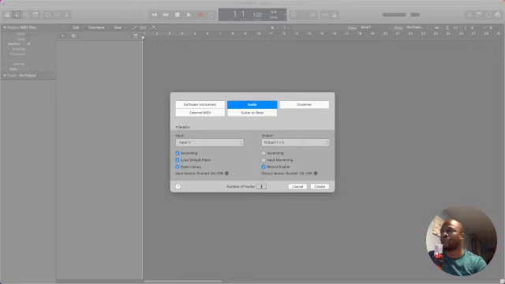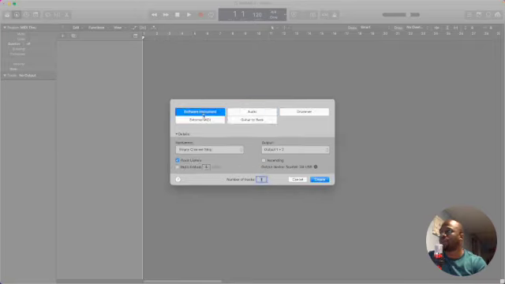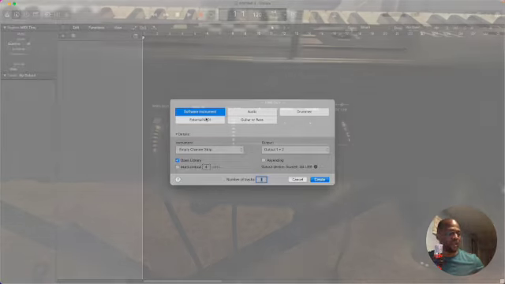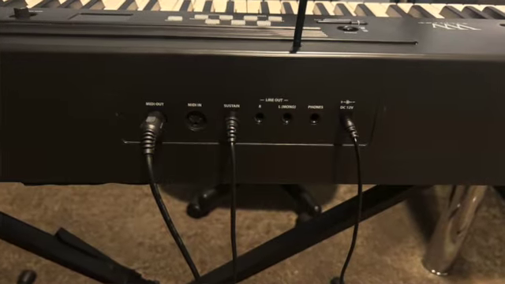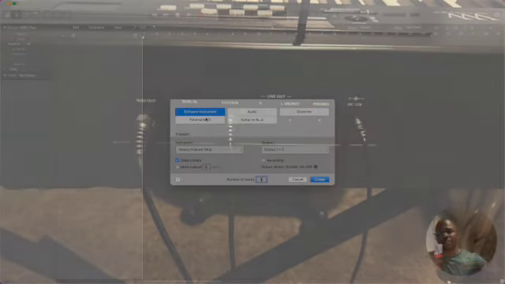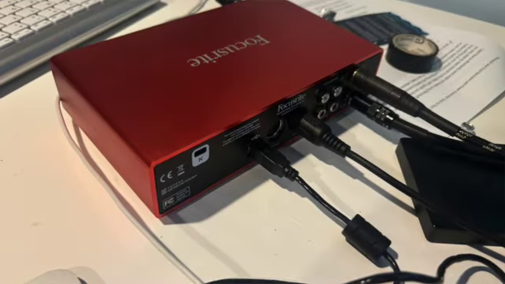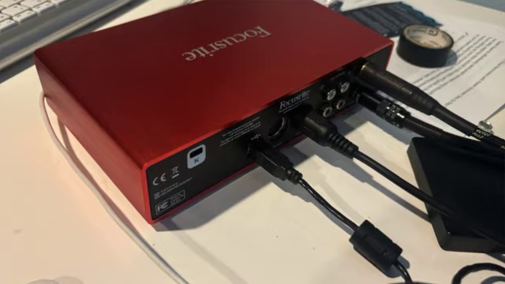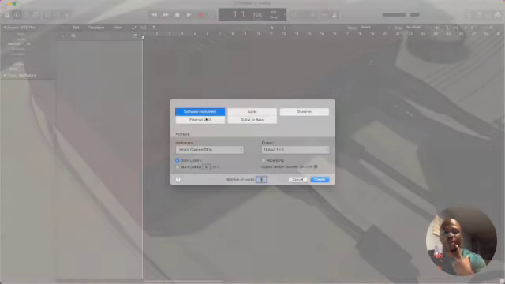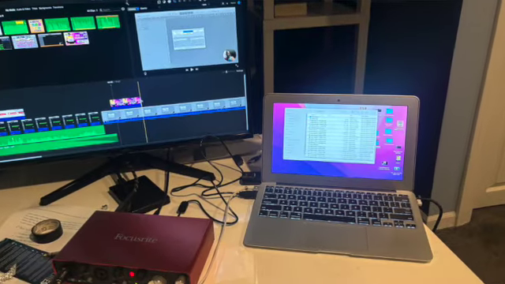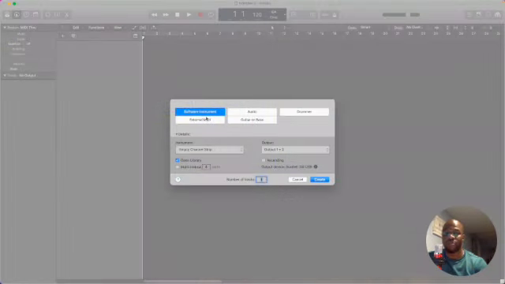Okay, so I'm just gonna open up a simple software instrument using MIDI. In my case, which I'm pretty sure is standard, I have a keyboard using a MIDI cable that feeds into my audio interface, and then another cable that feeds from my audio interface into my MacBook Air through a USB cable. So we're going to create a software instrument,